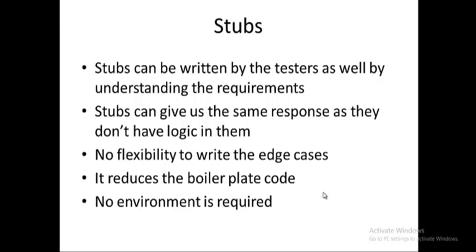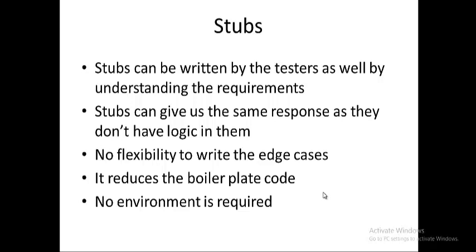So this is an agreed contract, and nothing else should happen other than this. Then I preload this stub with the rules that were given to me, keep it with me, and deploy it on my localhost so that I can point to my local and complete my testing. But stubs have no logic in them. If you see, that is just a JSON message. For a specific request, it gives a specific response, but I cannot test the edge cases. An advantage is that it does not require an environment and it reduces the boilerplate code. Boilerplate code is nothing but reusable code, so you can just reuse these stubs.